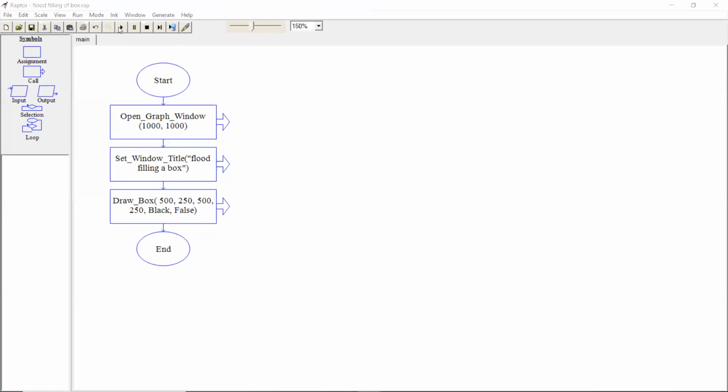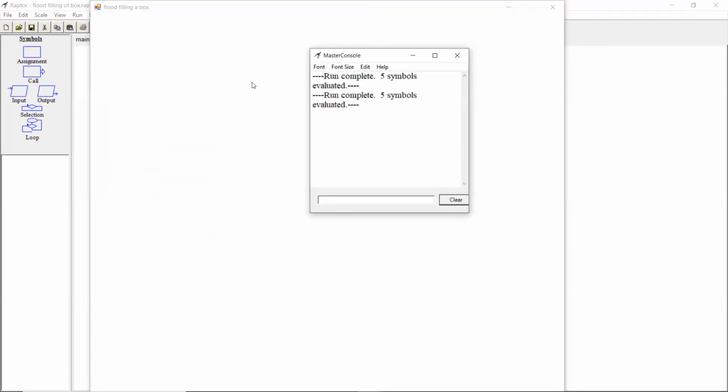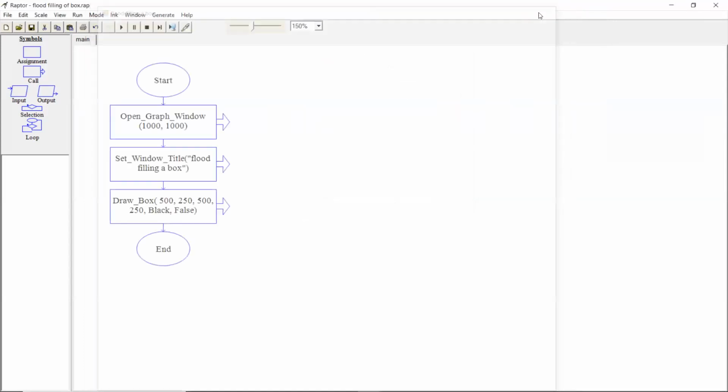Sir, I am sharing the screen, sir. Drawbox. So nothing is shown. Saying evaluated. Once show the code again. Even I am also having the same problem. For circle, it's working, sir. For this box one, it's not working, sir. This circle is also not working. Just now I tried, it's not working.